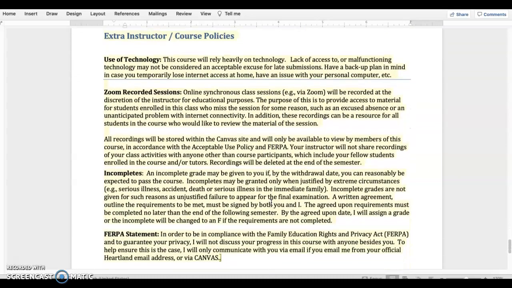And then at the very end, these are just course policies that I have to include. A reminder that because we're relying heavily on technology, you need to have backup plans for if your computer were to break. You know, where there's an alternate computer that you can use. Zoom sessions could be